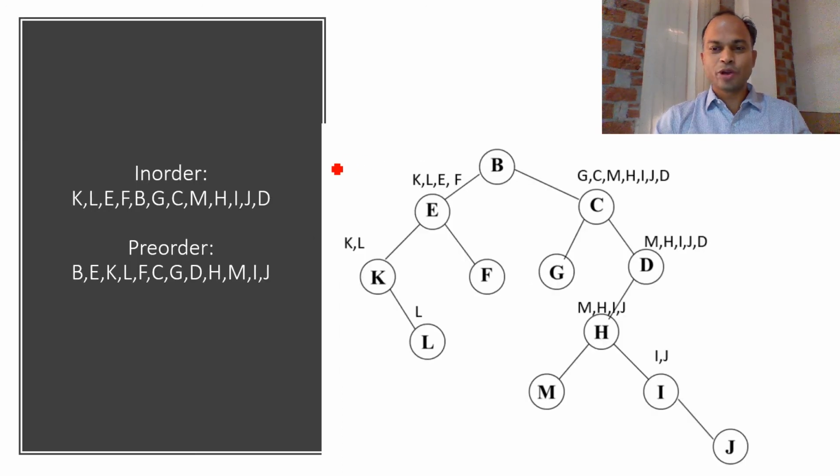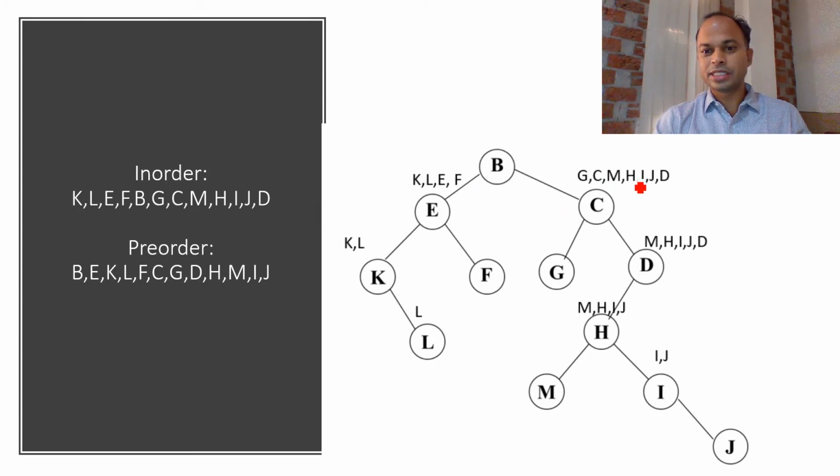Similarly, when in order with pre-order is given, the same algorithm we are using here. I mean, from the in order we are getting the left child and right child, and from the pre-order we are getting the root only. I mean, first value is the root, we have to find out the root, this is the root, and we have to refer to in order. In order is here, say B is the root, left child is here KLEF, and similarly right child is